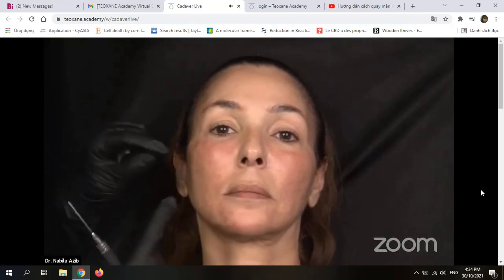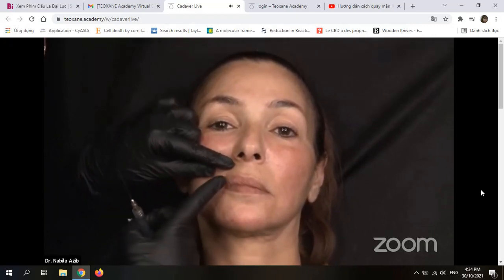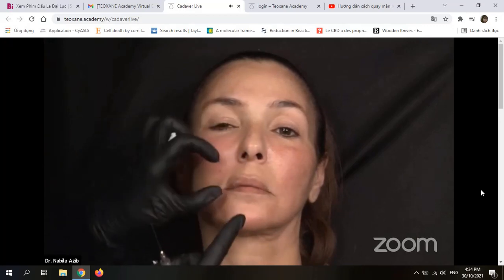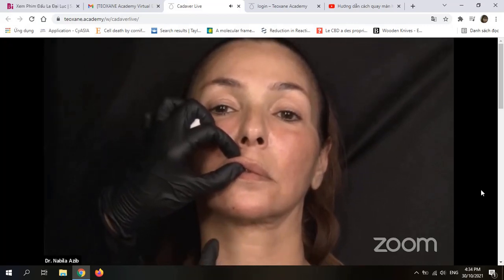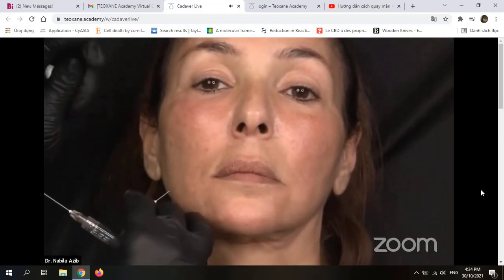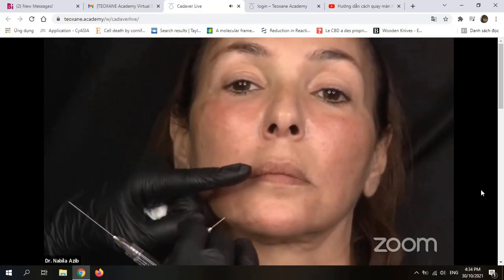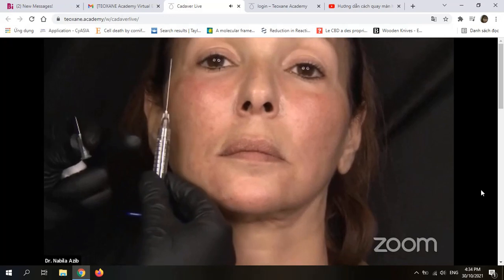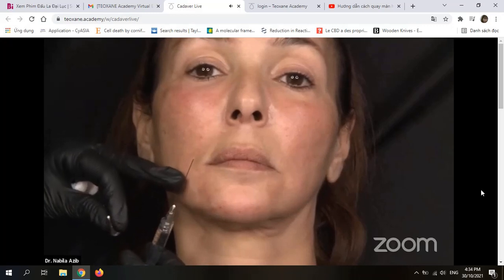I would be injecting very superficially because Patrick has shown you how the superficial labial arteries are crossing the orbicularis oris muscle and going on the submucosal side here. So you can also palpate it between two fingers. That is a big artery and you can feel the pulsation. Because of the stretch property of the product, I can inject very superficially and resist the movement of the lips, like here with the RHA 2, which has a high stretch property. It helped me to be safer than with the